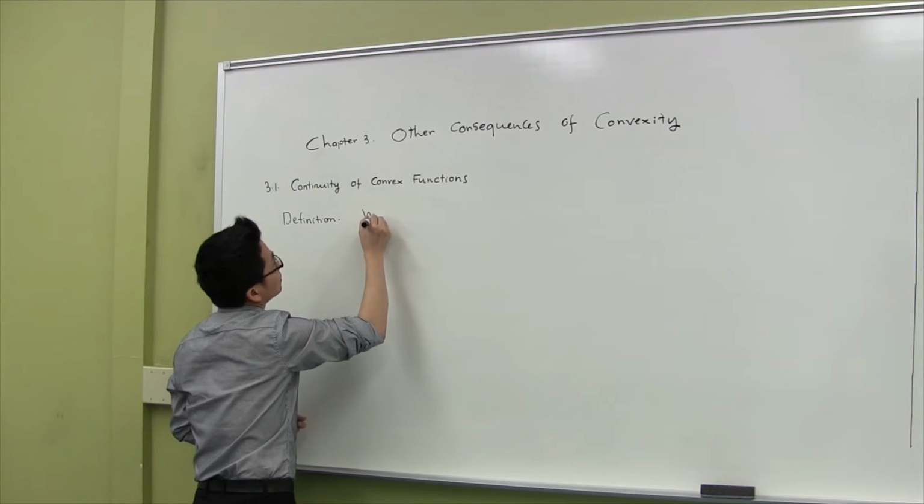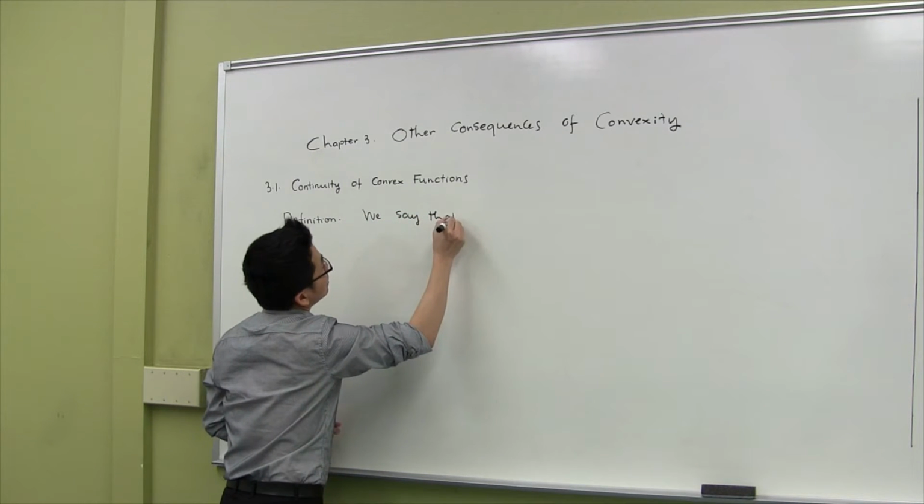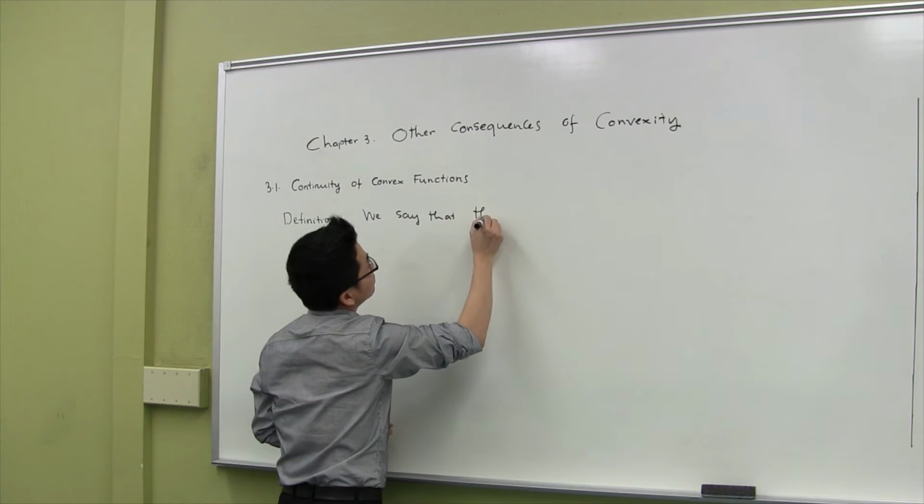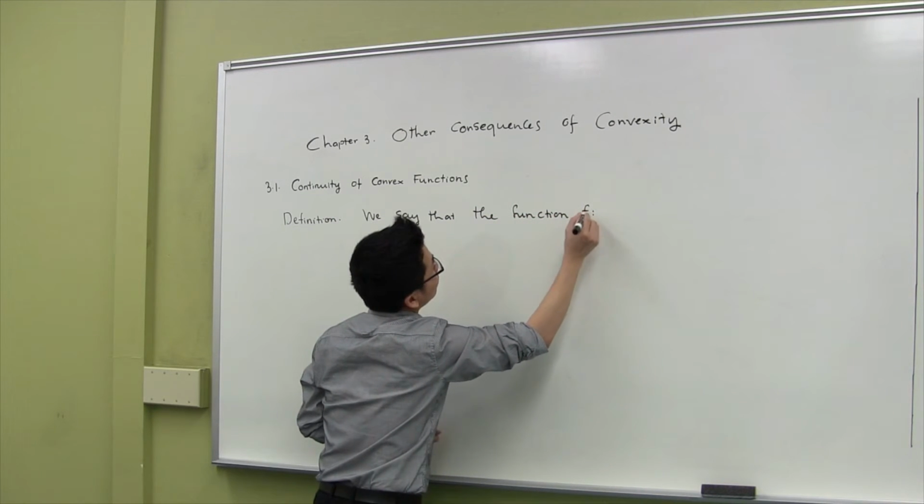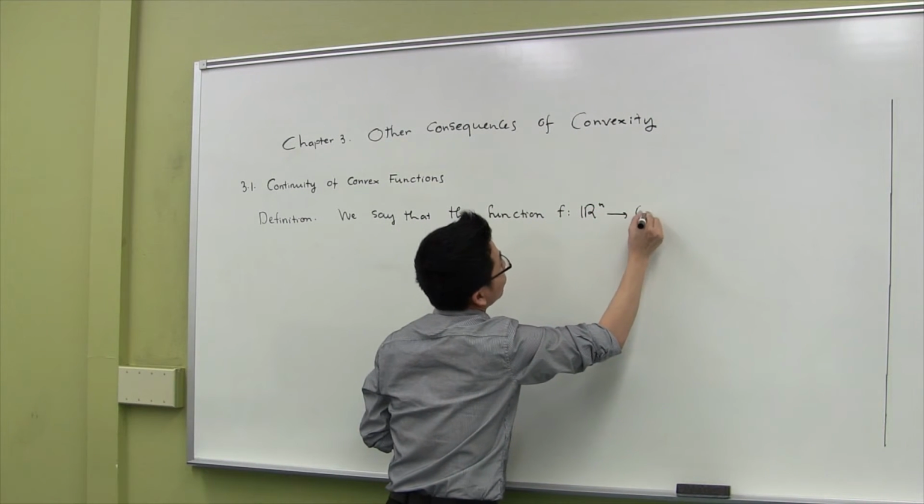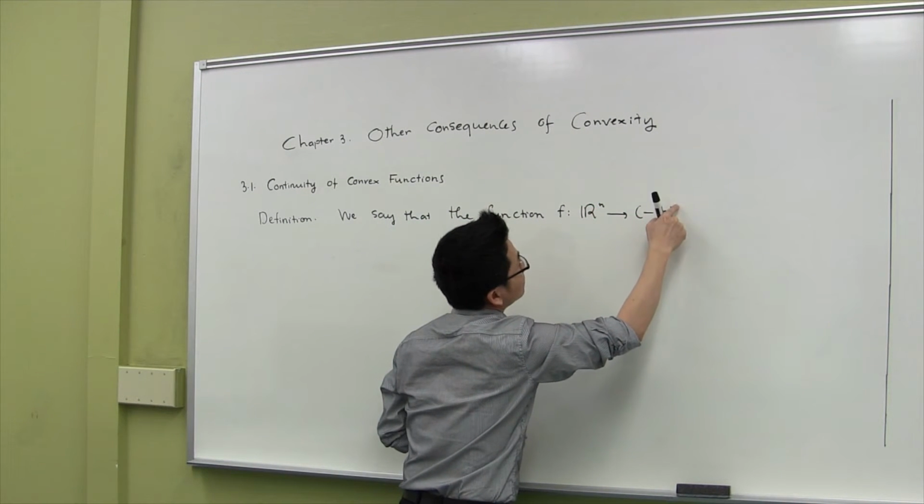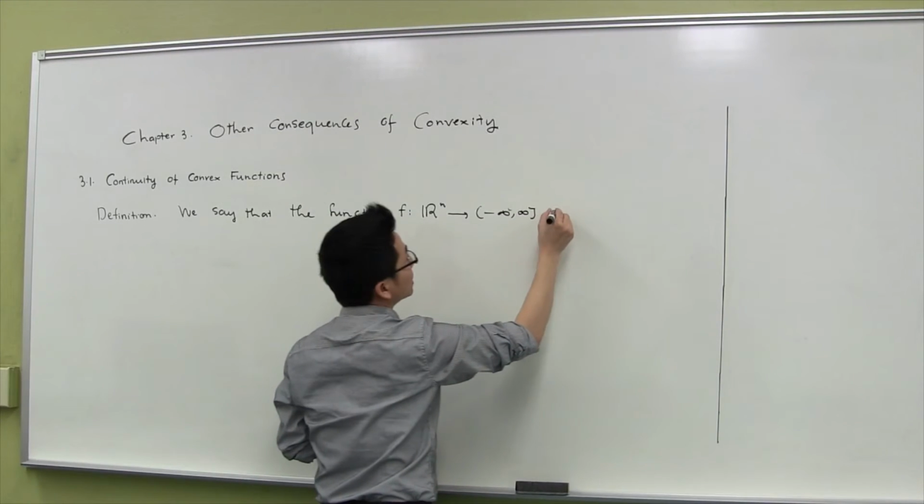We say that the function f from Rn to the extended real line is Lipschitz continuous